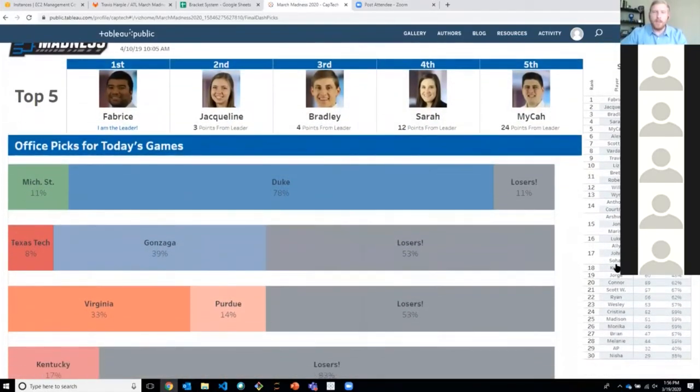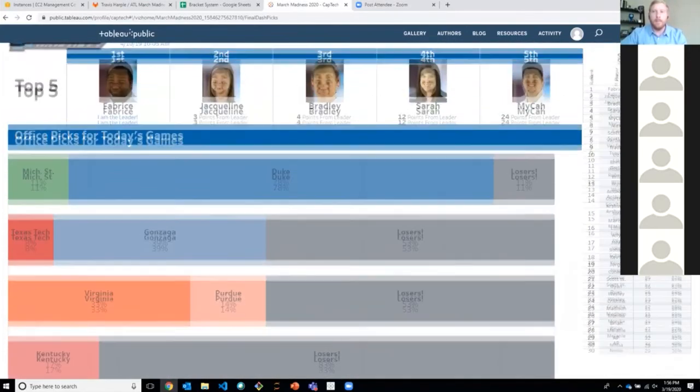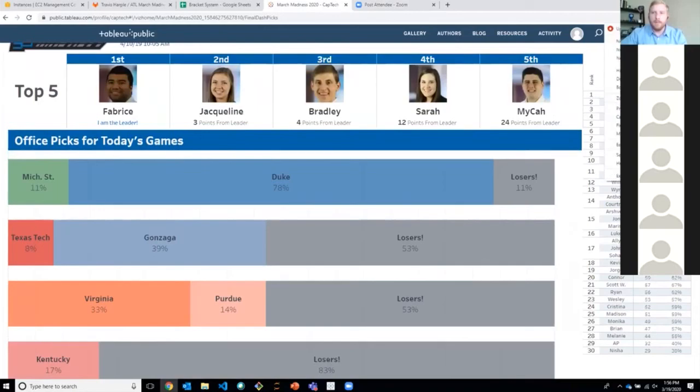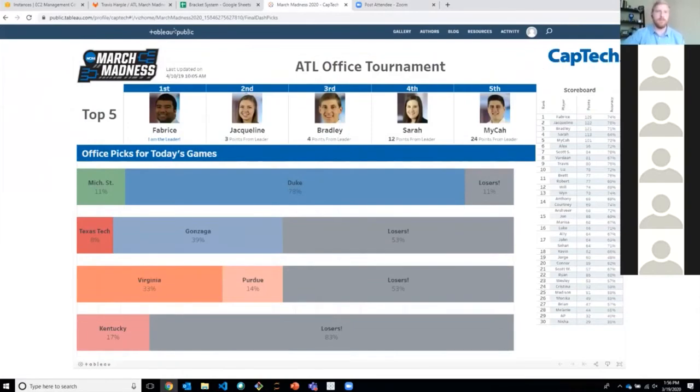Was it the bracket, or maybe, Marissa, he's talking about the top five here and then the scoreboard across the side? Yeah, I kind of labeled that as a skeleton. Is that what is being referenced? I think so. If you give us more detail, make sure that we got the right thing. But let's assume so for a minute.